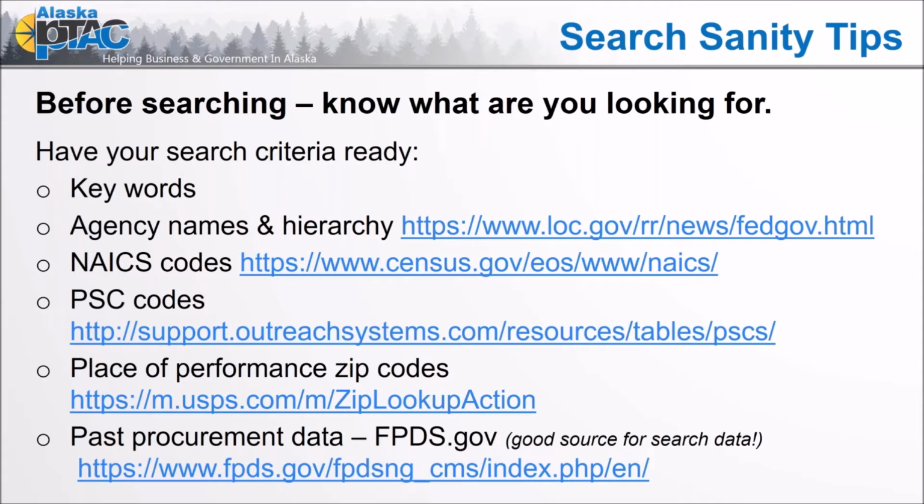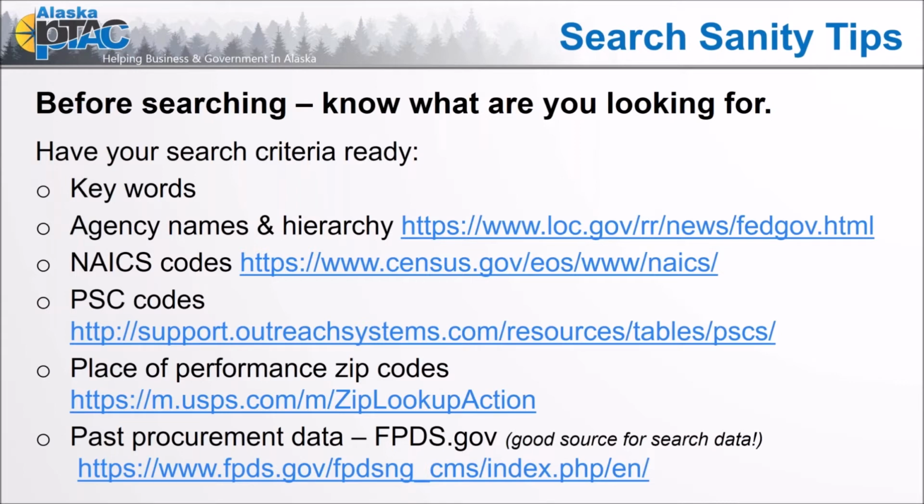But when I started to sit down and develop my search criteria of what I was looking for and plugging my search criteria in, then I found it much easier, much quicker to find the activities that I was looking for. So I guess just any other internet truth, getting on a Google search and following the rabbit trail, it's really easy to have that same feeling in contract opportunities, and it can be very quickly frustrating trying to